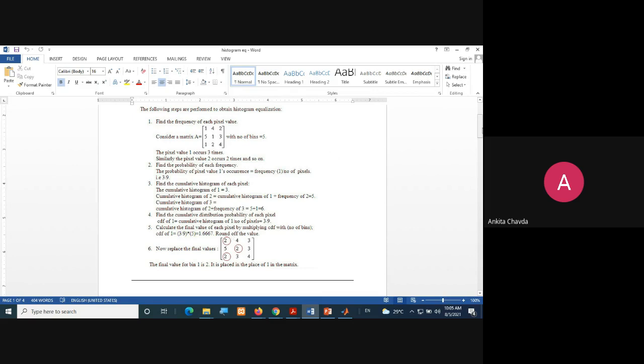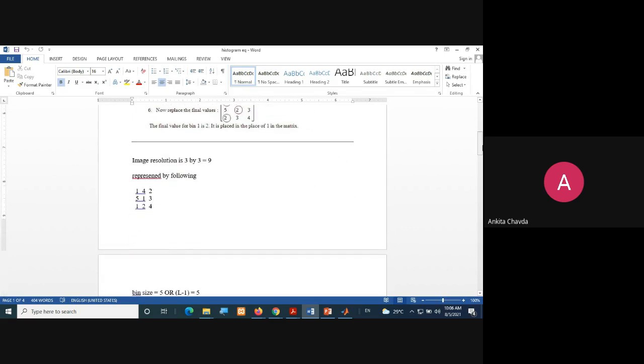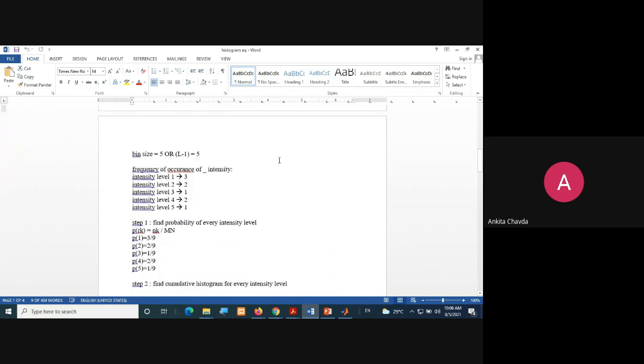So now do it step by step. As the very first step, you will write what the image resolution or image size is. That is 3 by 3, means total pixels are 9. Please write it down. Then you have already written this matrix: 1 4 2 5 1 3 1 2 4. Then you are writing